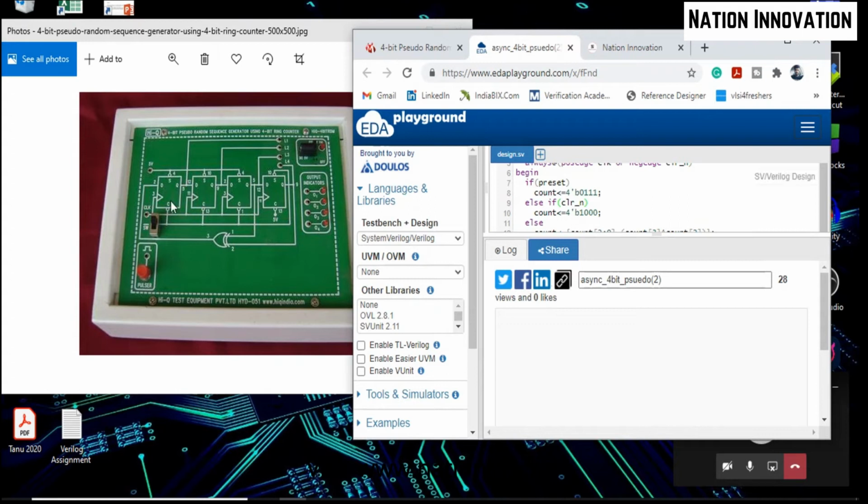If we are activating clear, this flip flop will be 0, this will have 0, this will have 0, and you can also see that here clear is not connected. So it will set this flip flop, so it will have a 1. That's why it is having 1 0 0 0. So is it clear to you?